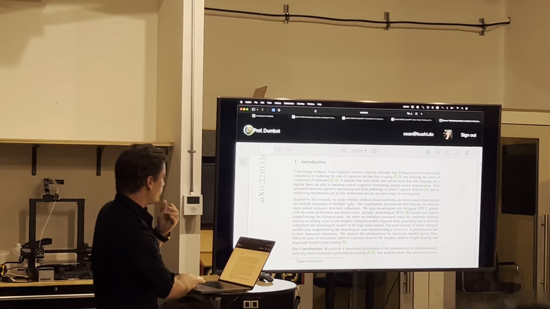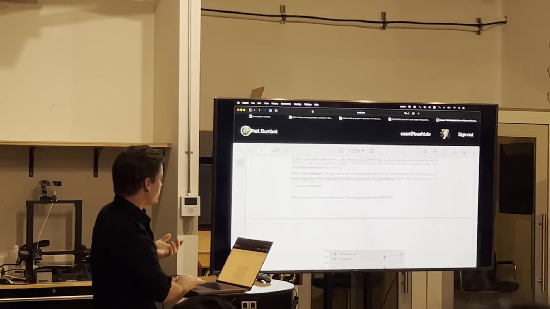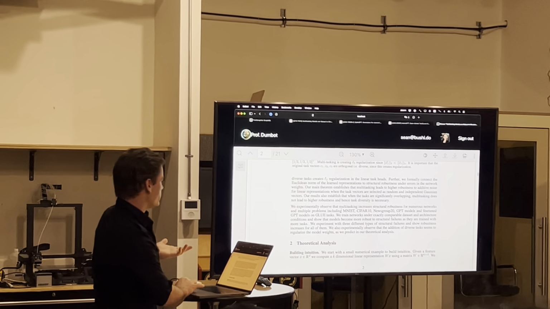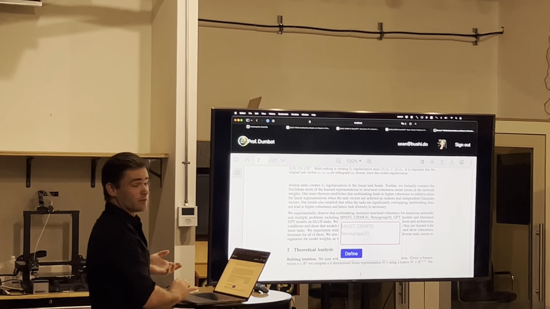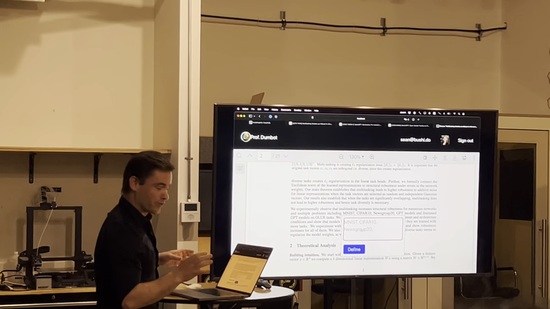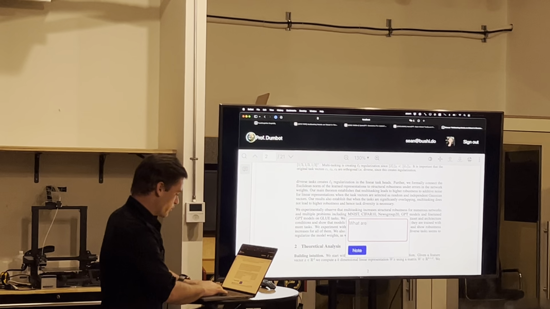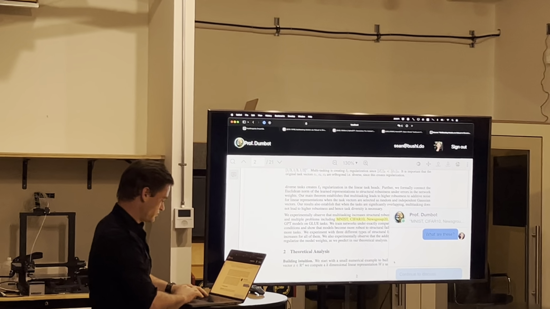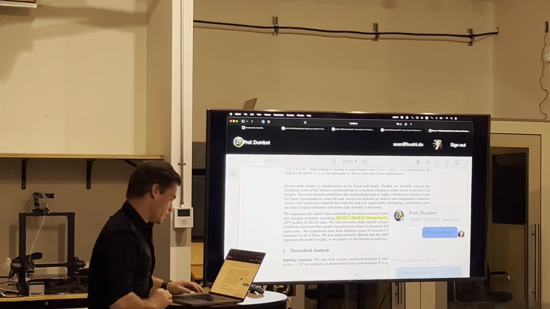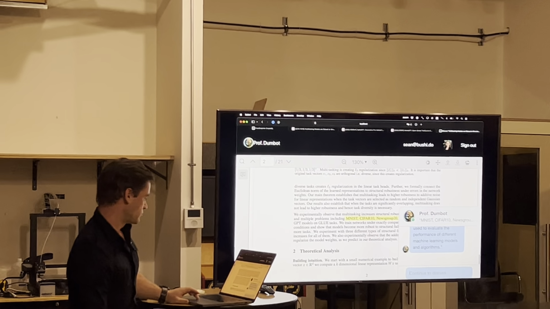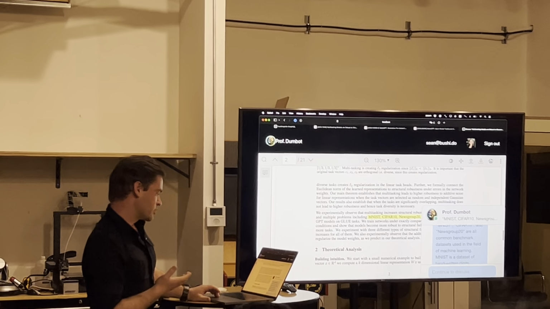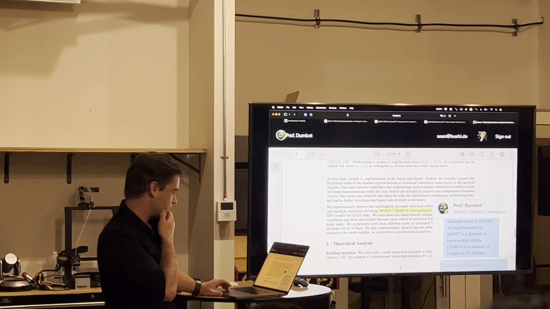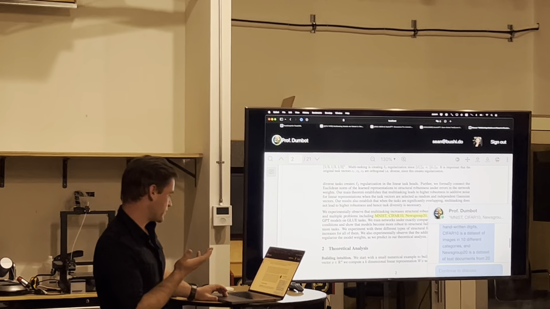But when they're going through, they start to talk about the different tasks that they put on, like MNIST and CIFAR and newsgroup. And I'm like, I mean, those all sound very cool. I don't know what those are. So I can literally be like, what are these? I'm going to prompt Dumbot here. And it tells me that these are all common benchmarks used. MNIST is a data set of handwritten digits. CIFAR is a data set of 10 different